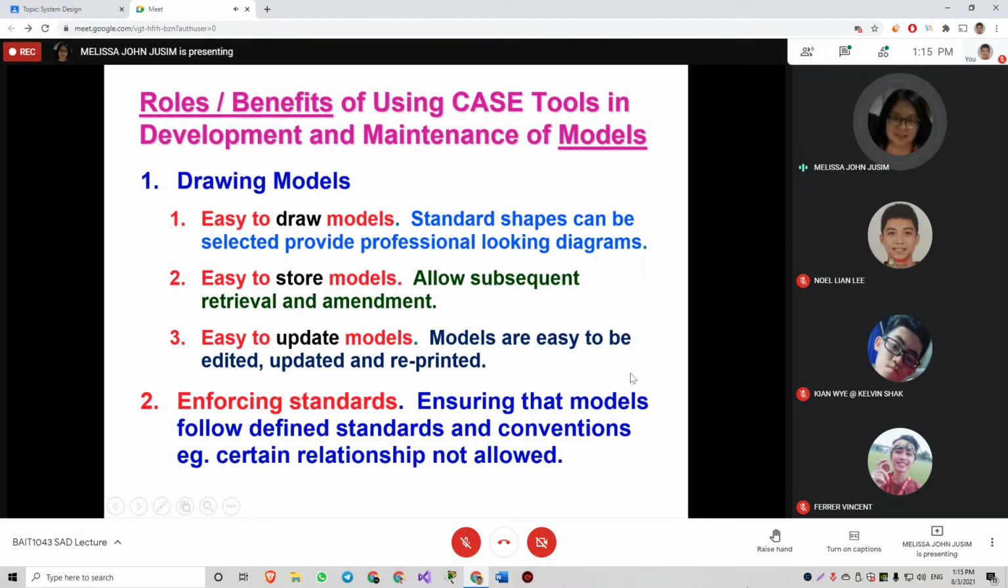So if you draw a DFD or a certain ERD, it can notify you whether you have violated any rules or not. Like in an ERD, certain relationships are not allowed. For a DFD, you cannot connect a data flow from one data store to another data store, right? For